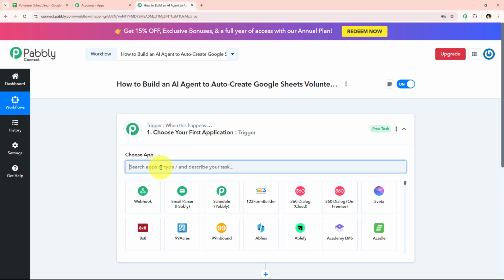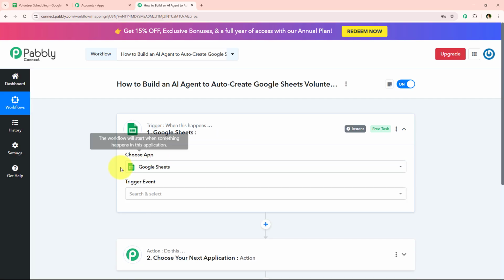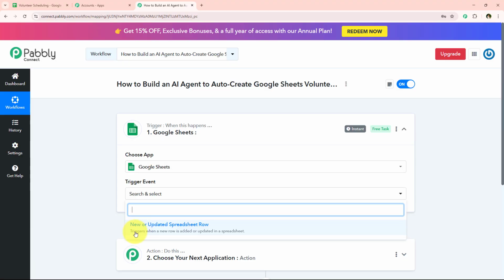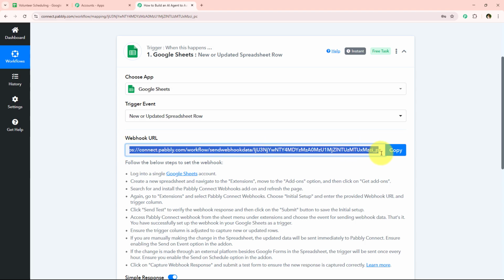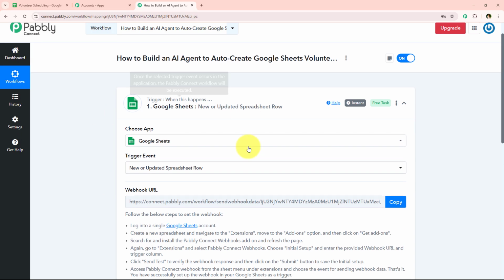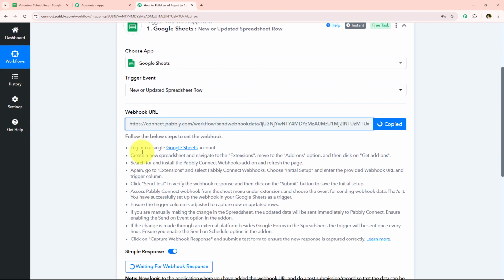So for my trigger application, I'm simply going to select Google Sheets. So I'm just going to search for Google Sheets and select it. And now for the trigger event, I'm simply going to select new or updated spreadsheet row. And now it is giving me a webhook URL. So we're going to use the same webhook URL in order to create a connection between our Google Sheets and our Pabbly Connect workflow. So I'm simply going to copy this webhook URL, and then we have to follow this